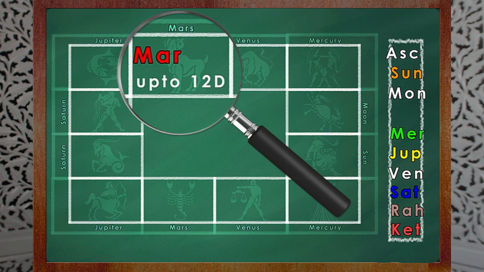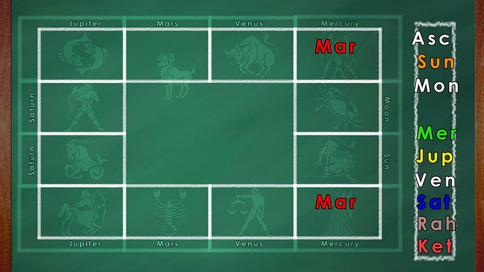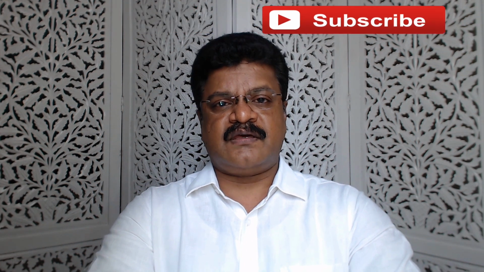Whether Mars is in its Mula Trikona, which is the first 12 degrees of Aries. Whether Mars occupies the sign of its friends, and the friends of Mars are the Moon, Jupiter, and the Sun. And whether Mars occupies the sign of its enemy, Mercury. There are two signs for Mercury, and that is Mars in Gemini or Mars in Virgo. Mars is not comfortable being in these two signs because Mars is the red planet and it hates to be in the green. And the green signs are Gemini and Virgo.